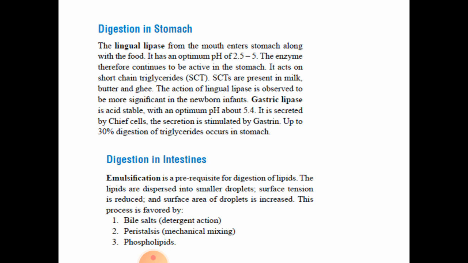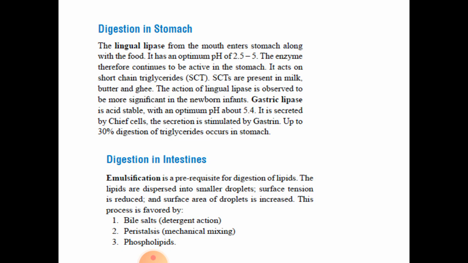Next, we need to explain the digestion in the intestine. It undergoes emulsification, in which the larger particles are dispersed into smaller droplets. Emulsification is a prerequisite for digestion of lipids. This lowers the surface tension and increases the surface area, so that the enzymes present in the intestine